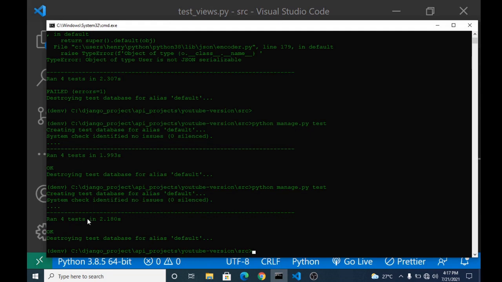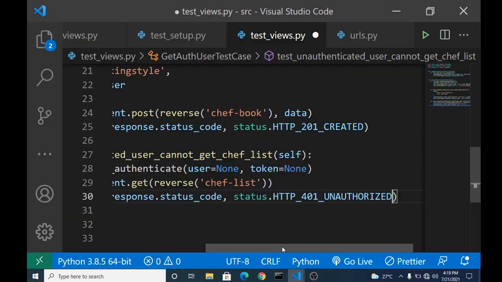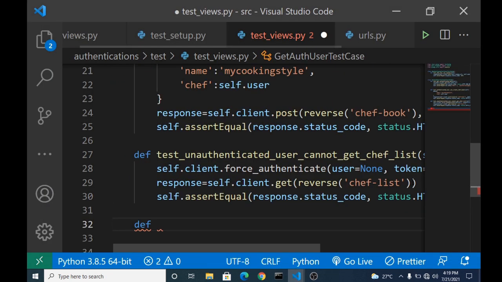You can see it ran 4 tests in 2.18 seconds. Okay, it's destroying the test database for Alice. So that means our 4 tests were run successfully. Alright, so next we're gonna quickly write a test for